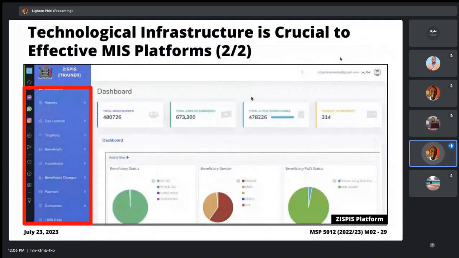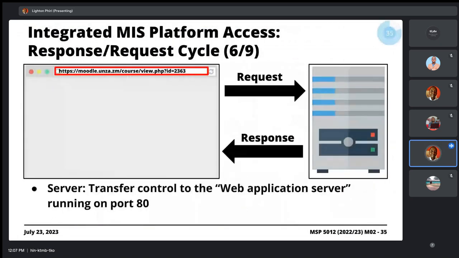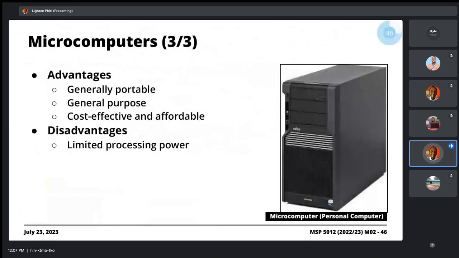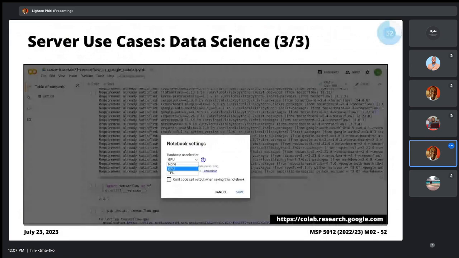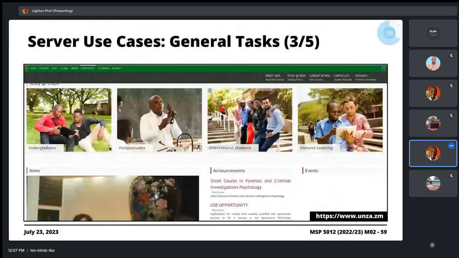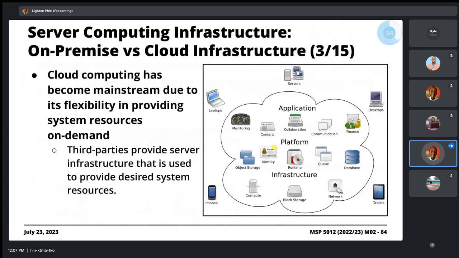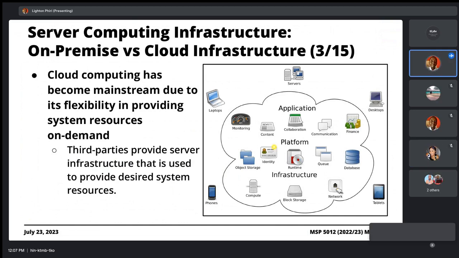So in essence, your MIS would be installed on such a computer system. What we discovered yesterday was that the option we have, as opposed to purchasing our own server infrastructure and setting up a dedicated, temperature-controlled server room, is that we can rent server space or server computer systems. This is the essence of cloud computing.